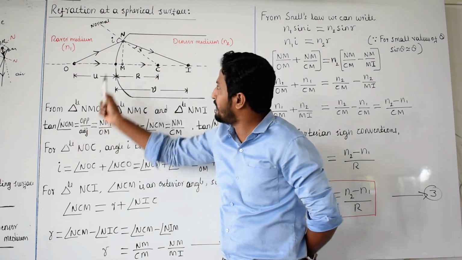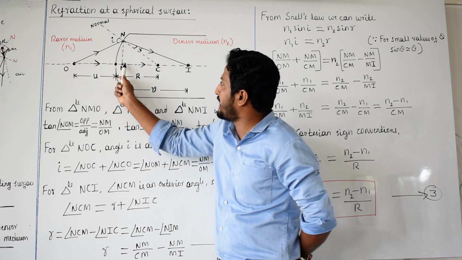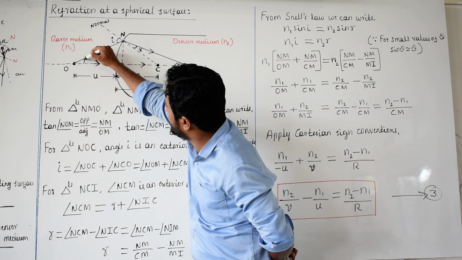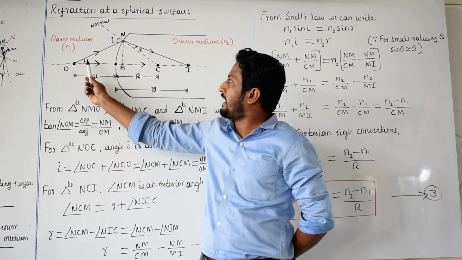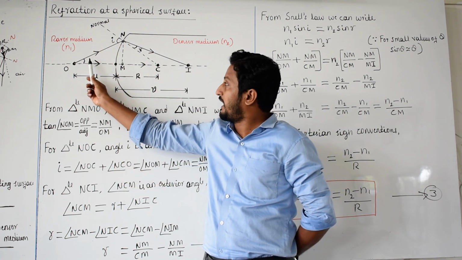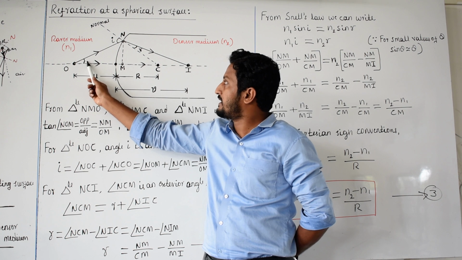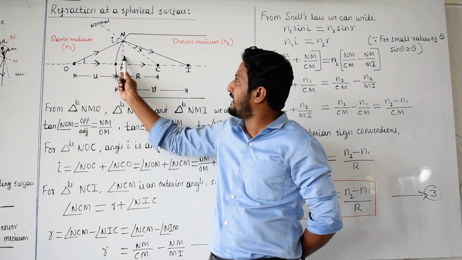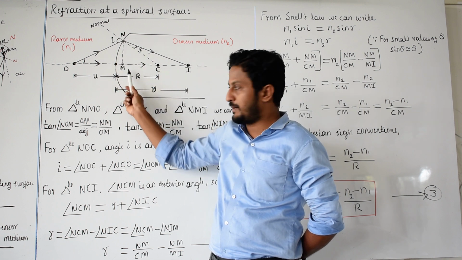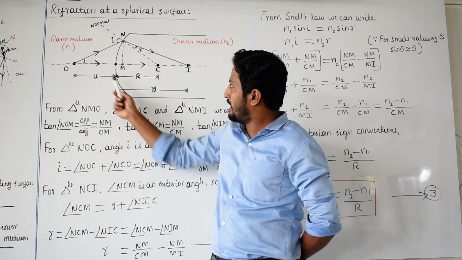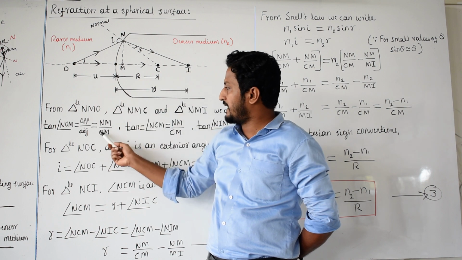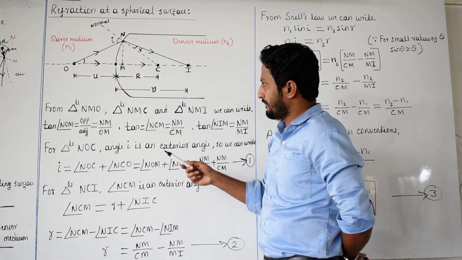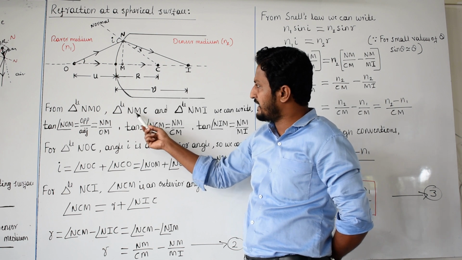Look at this triangle right now. Angle NOM, I mean this angle. Tan of this angle is equal to opposite by adjacent. NM is opposite, divided by adjacent; OM is adjacent. Have you understood? Similarly, in this right angle triangle